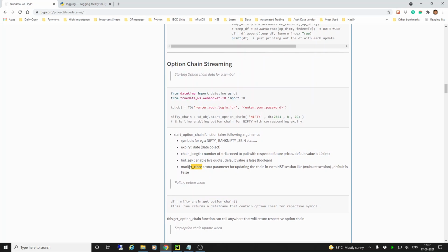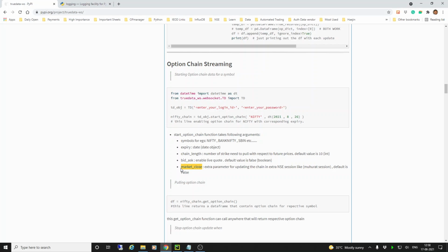Then there is market close. We have a default setting of 1540, wherein this start option chain will automatically stop at the back end, and it will not keep pulling data unnecessarily. However, if you want to enable it, this is generally for Muhurat sessions, where the trading is after 1530, at that time you'll have to write market close is equal to true.